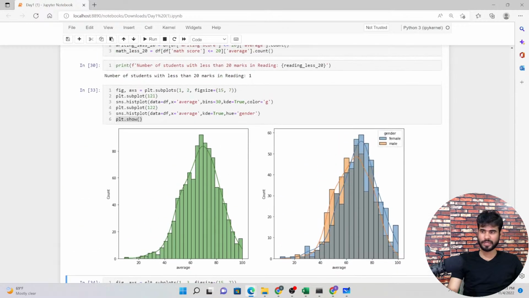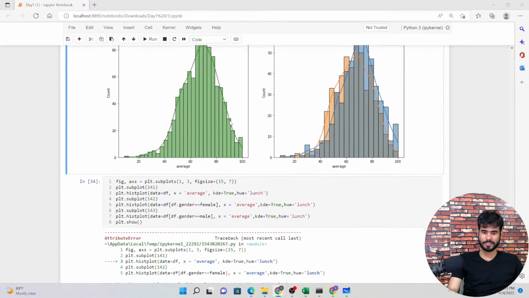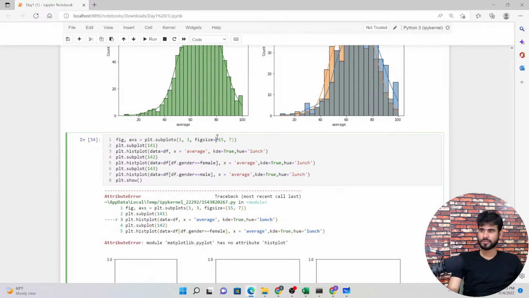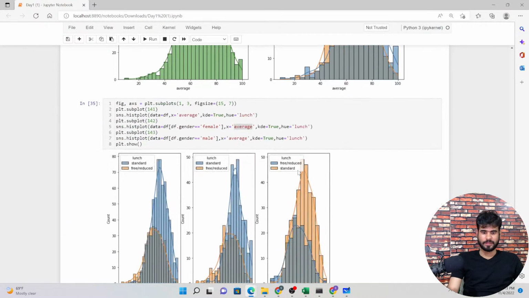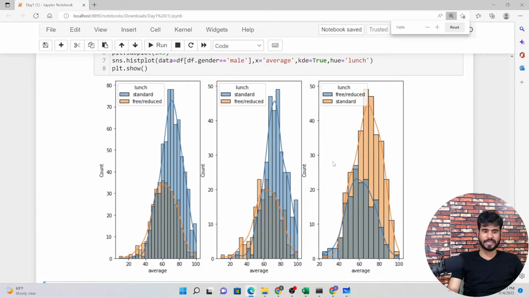Again the same, looks like we got the same issue. But this time I have something else. The figure size is fine. Subplots, x average female. Yeah. Okay, so this is the graph that we have.